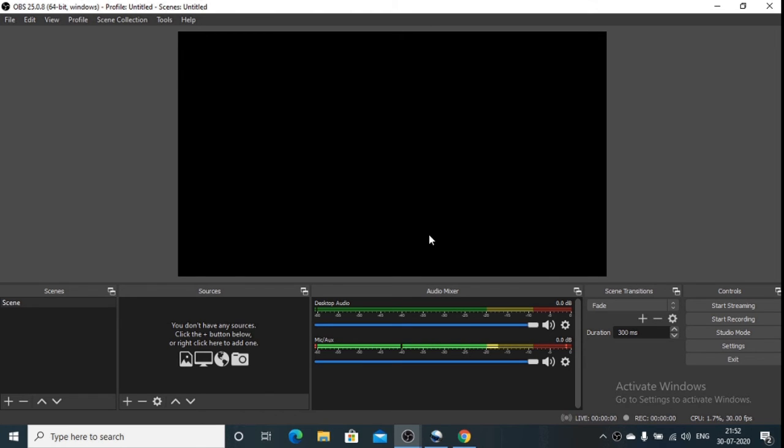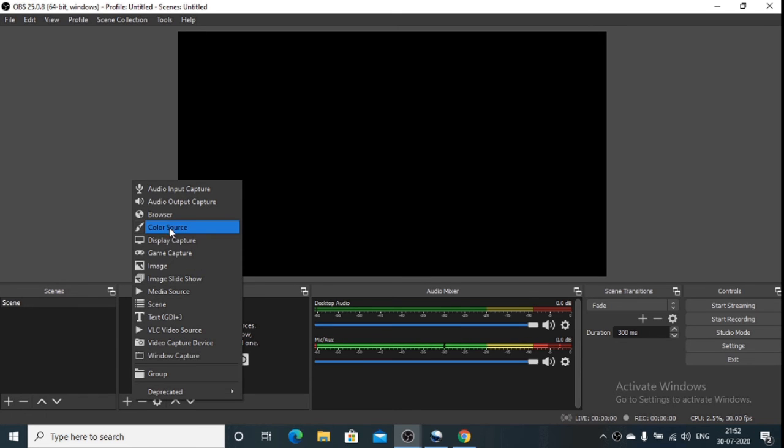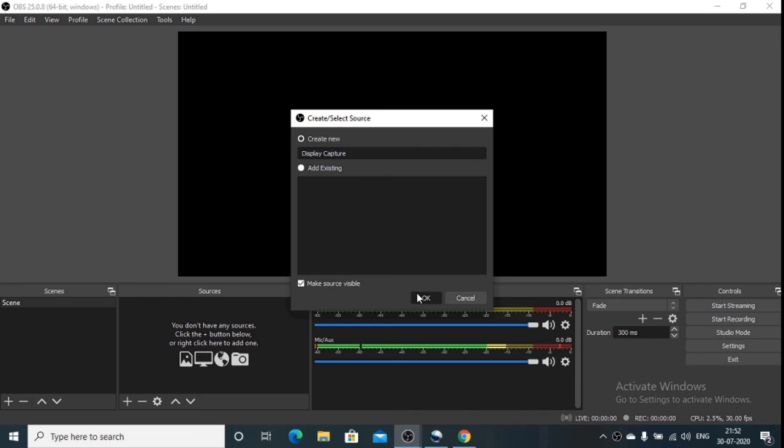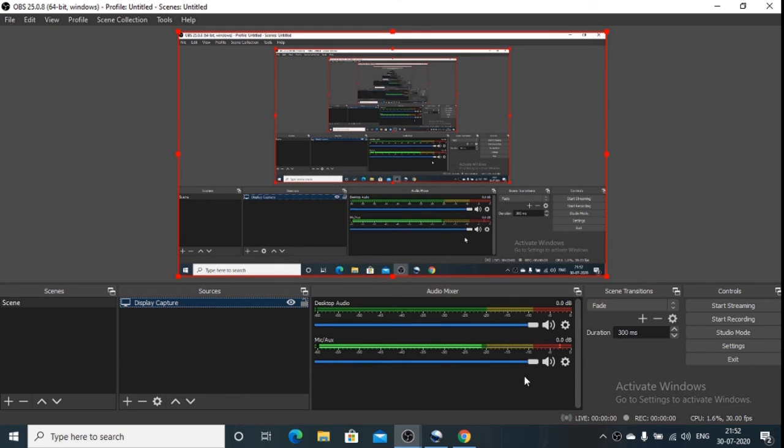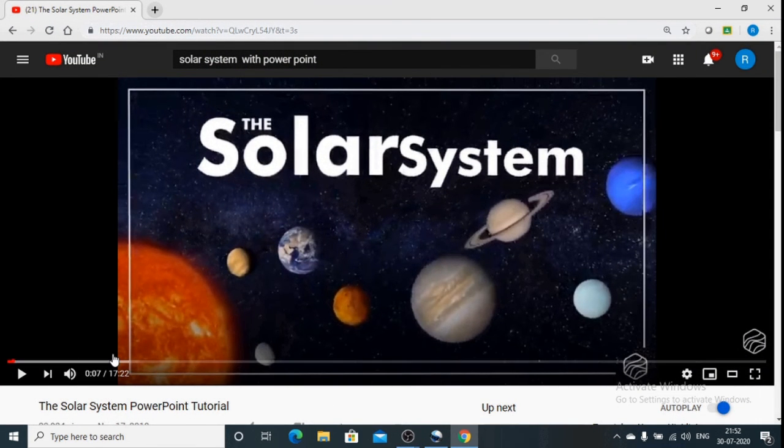Now I will show you the use of display capture. I'm just showing some video, or you can run some PowerPoint presentation even on the screen. So simultaneously it will be recorded. So you can show any video, any PowerPoint through display capture. For that we have to select the source display capture. See here. Okay. Now again okay. So your screen is ready to be recorded. Then go to start recording and start the video or the presentation, whatever you want to give.